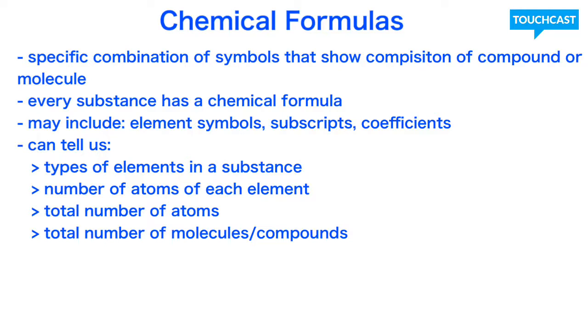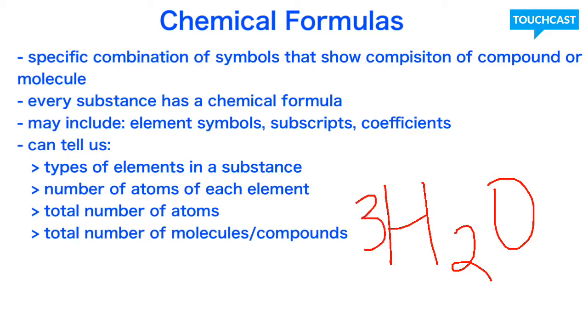The information that we can get from a chemical formula, like say H2O, or in fact 3H2O, would be the types of elements that are in the substance, the number of atoms of each particular element, the total number of atoms regardless of what element it is, and the total number of molecules or compounds. But before you can figure that out, you've got to know the difference between a subscript and a coefficient